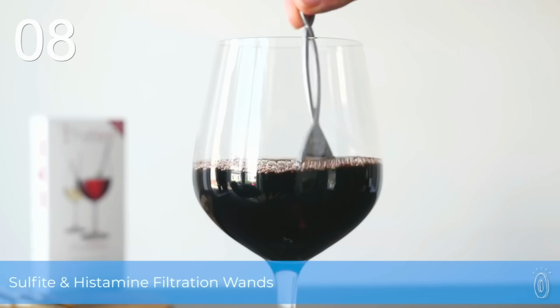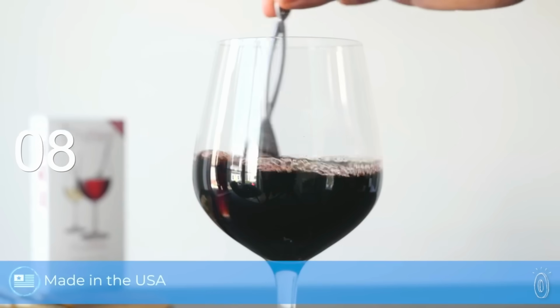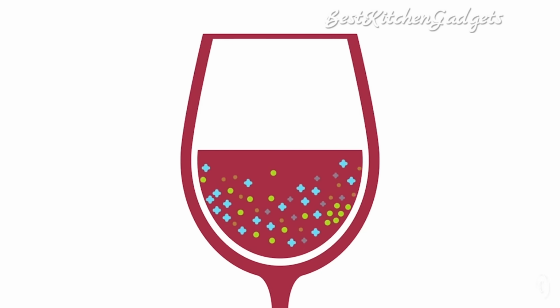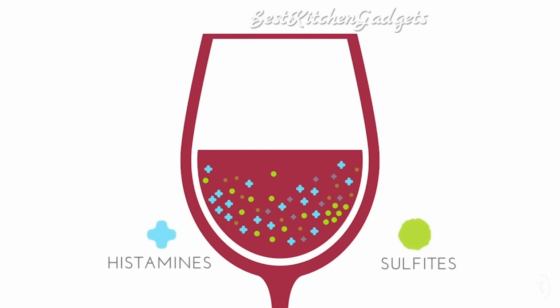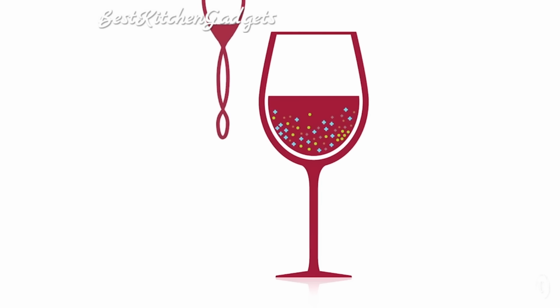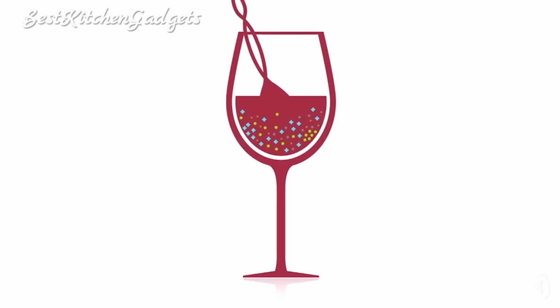You may not know that histamines and sulfites can be found in most wines, but you may have experienced some of the symptoms of these allergy inducers after enjoying a glass. Headache, congestion, and flushing are all common symptoms of a histamine or sulfite sensitivity that up to 70% of wine drinkers experience. The wand removes these allergens so you can enjoy a glass of wine without some of the unpleasant